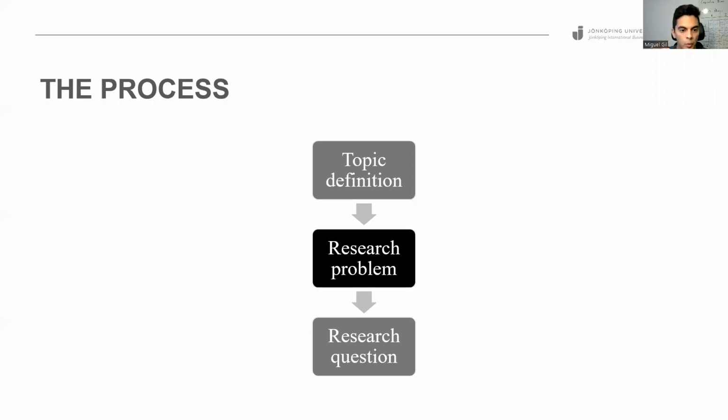Well, welcome back, and now we're going to focus on what will be the core of this lecture, because the name of writing is developing the research problem. This is actually the part of the research problem. So usually you start thinking about the research problem once you have a topic, but it is quite linked,